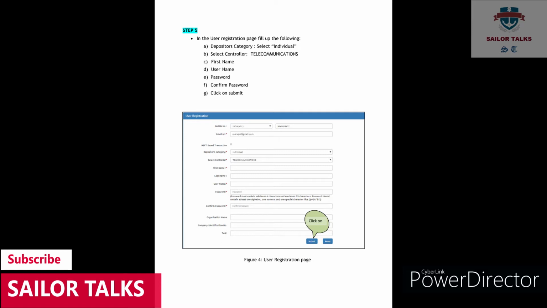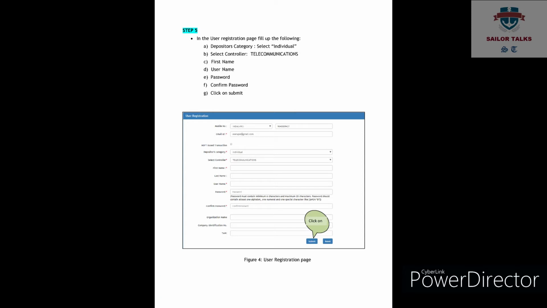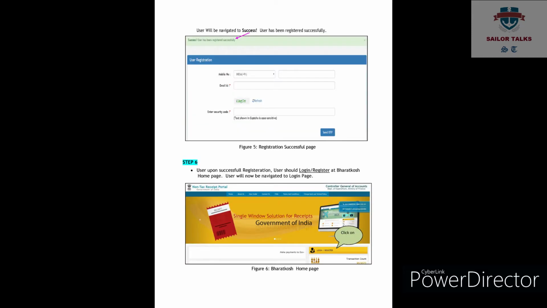These three options, organization name, company identification number and TAN, are optional. After that, you click on submit. Then you will get a message like this: success, user has been registered successfully. When you get this message, it means that you are successfully registered on Bharat Kosh, and now you can log in to the Bharat Kosh website.